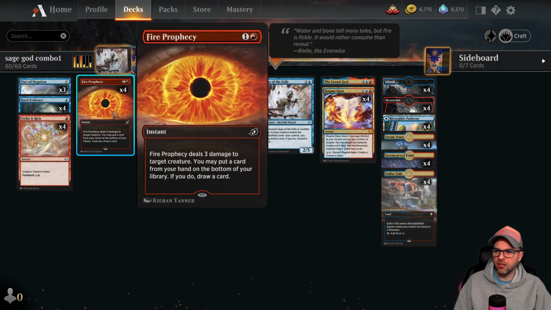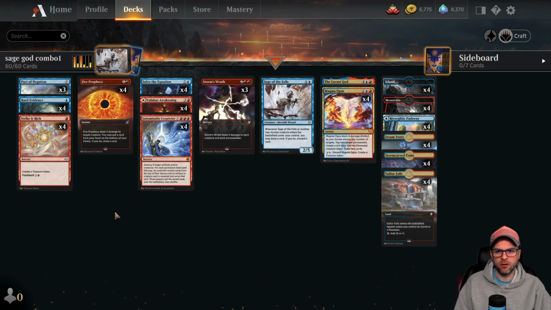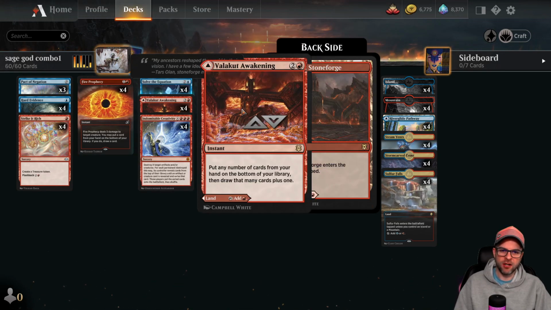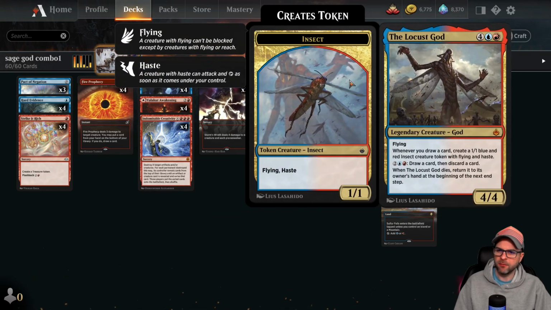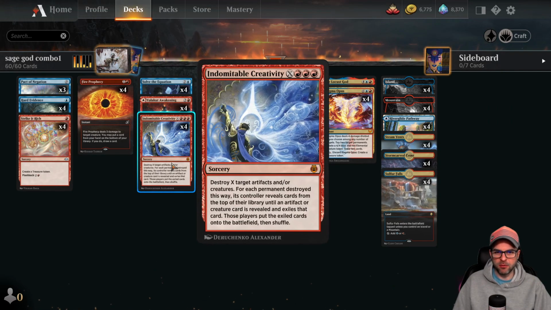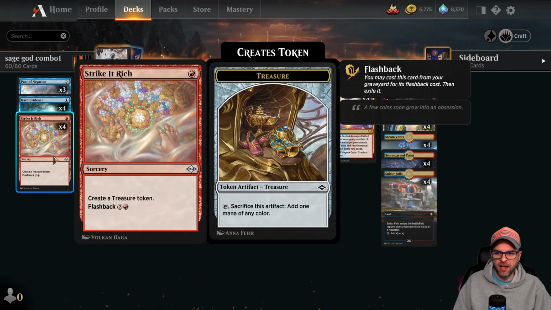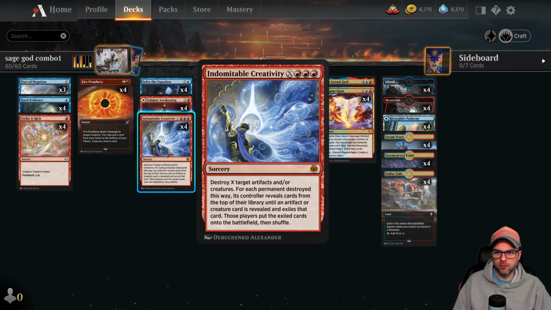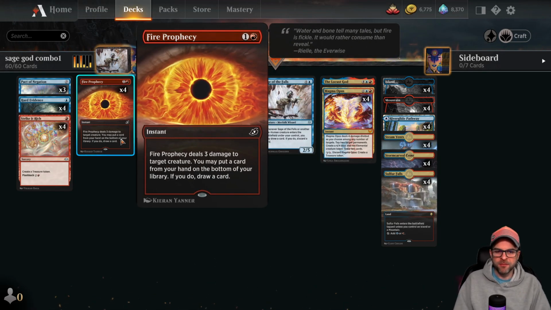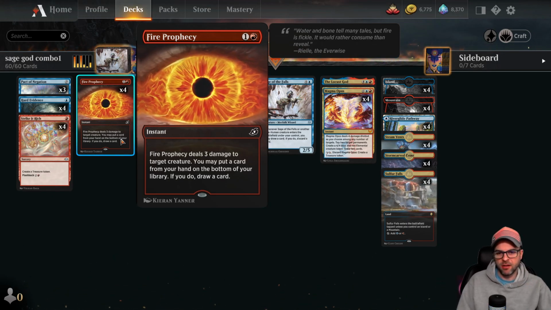We can also kill a creature to try to survive into extra turns so that we can execute our combo. And also, even if we don't need to tuck a card under on the bottom of our deck, it's possible that we just need to keep fishing to find an Indomitable Creativity, or find a way to maybe make an extra treasure token so that we have the ammo to target with Indomitable Creativity to go off and execute our combo. So Fire Prophecy does all of this,